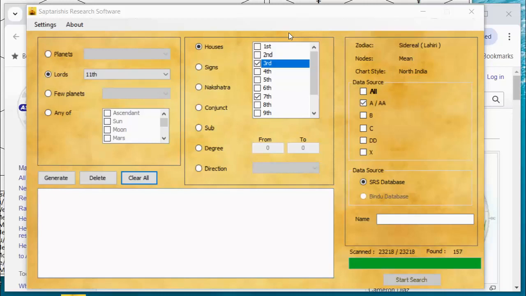We could find a Kesari if the Moon was in the second, the fifth, the eighth, or the 11th. If Jupiter was in the third, we could have a Kesari yoga with Moon in the third, the sixth, the ninth, or the 12th. You get the idea. Moon and Jupiter are in mutual kendras.